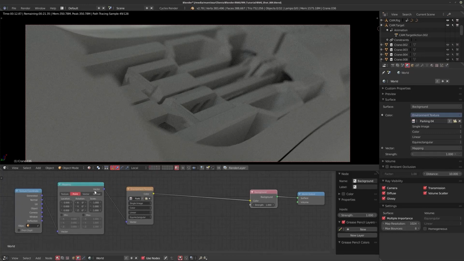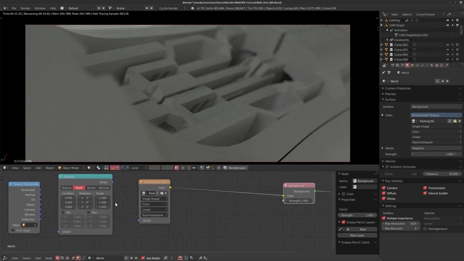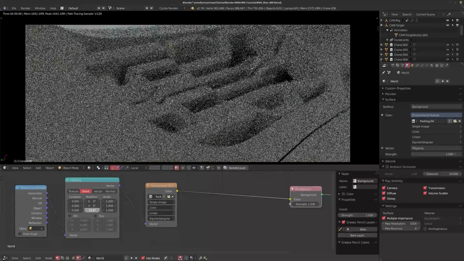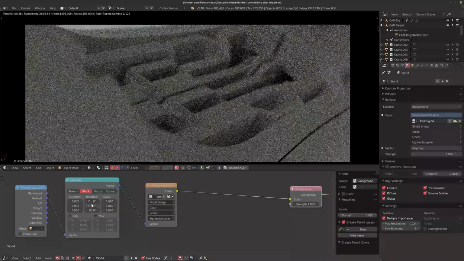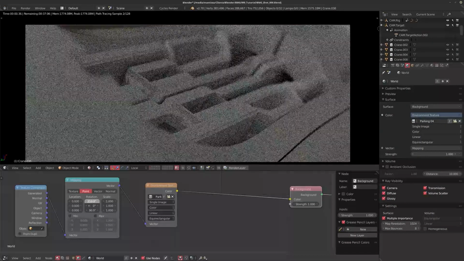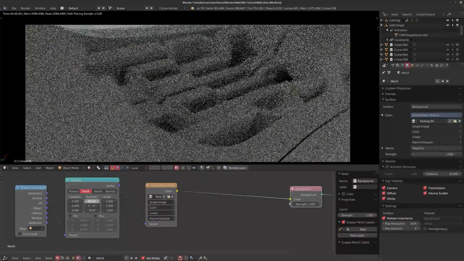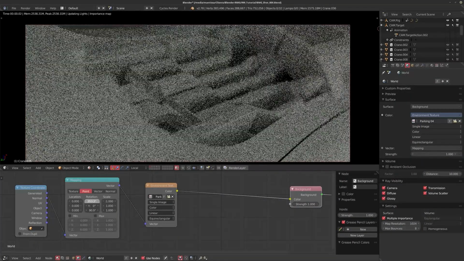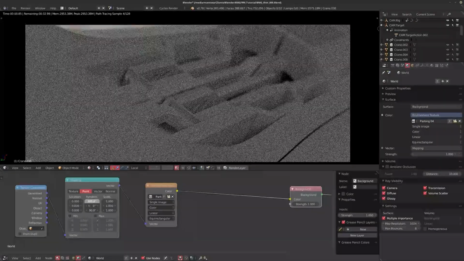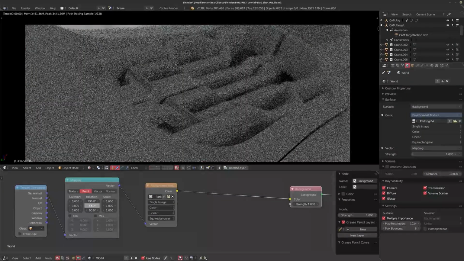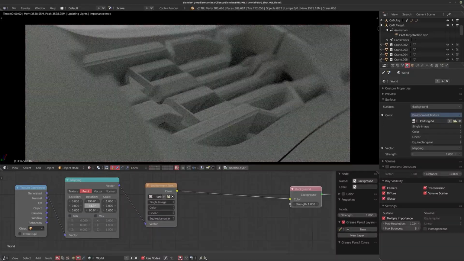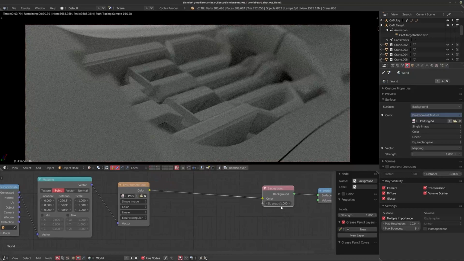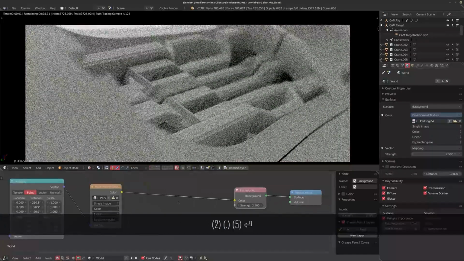Now I hit Control T to add in texture coordinates with the Node Wrangler add-on enabled, so I can start turning this around and seeing where the lighting is coming from, seeing if I can get any highlights on my model. Turn around, and I like just turning around on all axes. Again, unless you have really highly reflective, almost mirror-like shaders, you're not really going to see if this is a parking structure that's upside down or not. So what I like about this is we're getting nice shadows and nice contrast in here. I might boost up the strength a little bit.